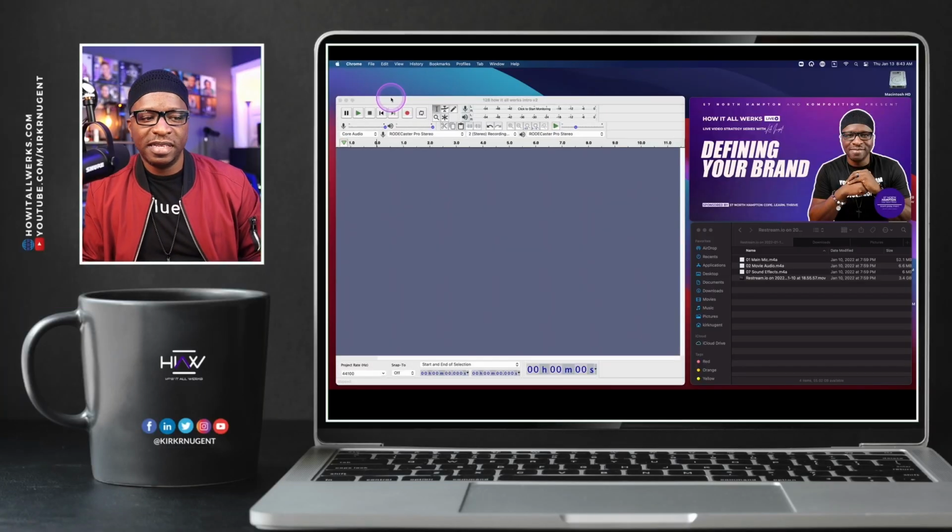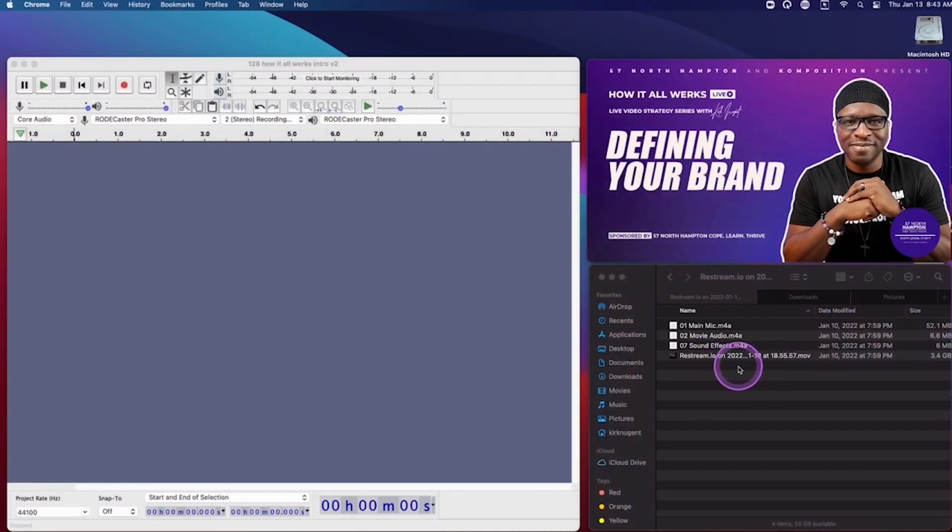Now that we have your video directly saved on your Mac hard drive and Audacity installed with the FFmpeg library, we can finally dive in. So here we are on my desktop, and I have my show already open in Finder. It's right here on the screen, and you'll see that it's called a Restream file